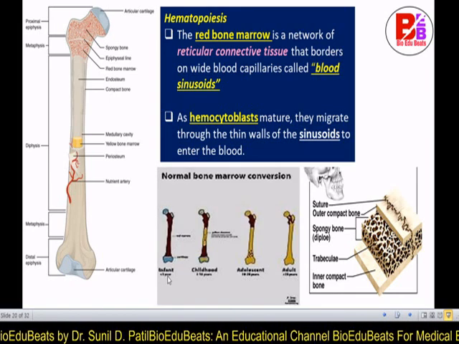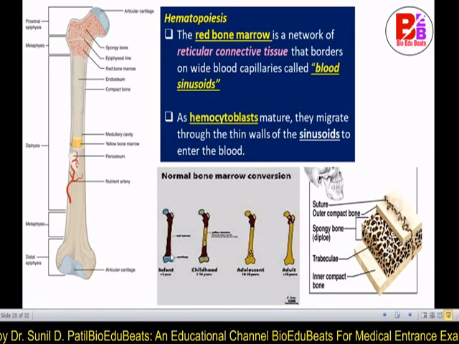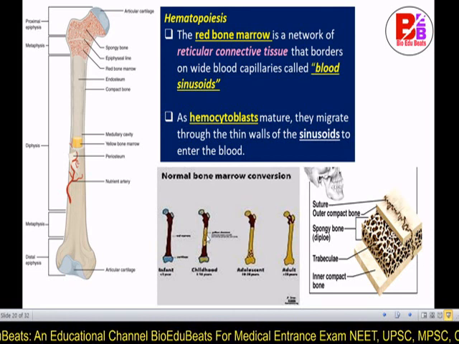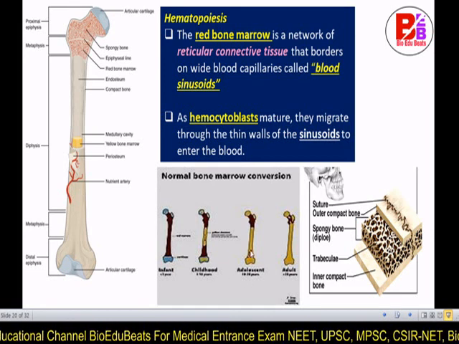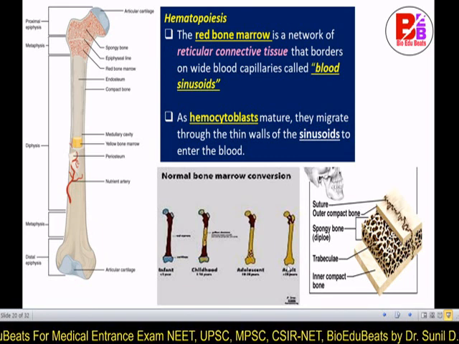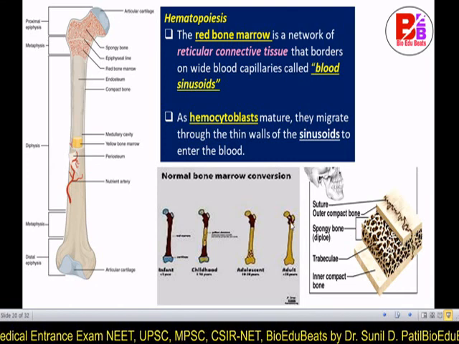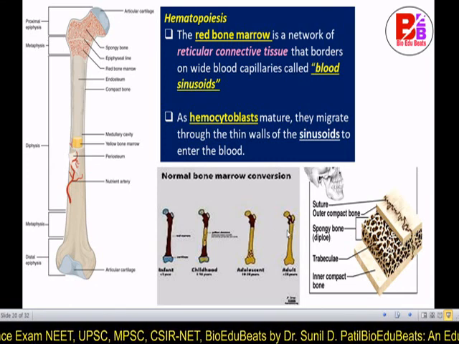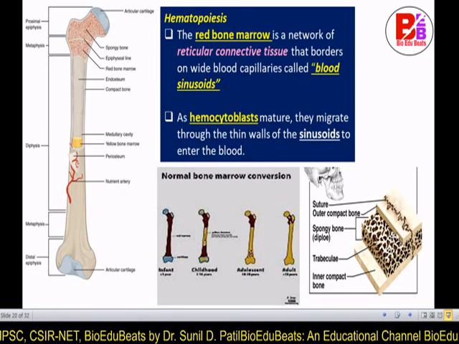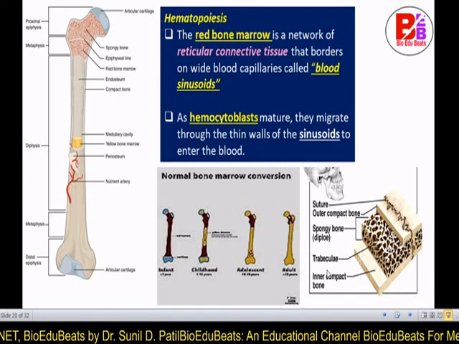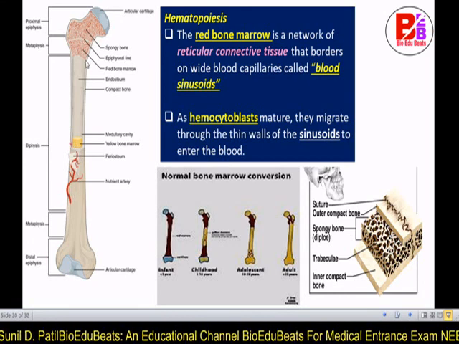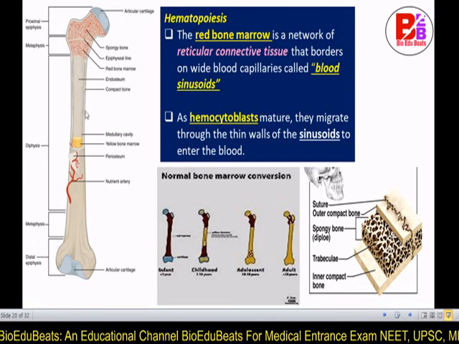Here we can see that in infants the bone marrow is entirely red. Then in childhood some yellow bone marrow is formed. Then in adolescence there are very small remnants of the red bone marrow, and for the most part it is yellow bone marrow. Then in adults red bone marrow is very little, and mostly it is yellow bone marrow. You can see the spongy bone, then sutures, then trabeculae in the bone, the inner component. You see here the yellow bone marrow, and this is the red bone marrow.